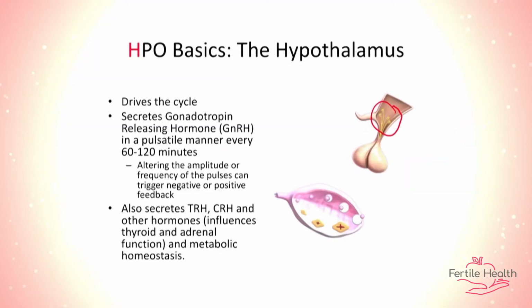The other thing about the hypothalamus is it's very important in other bodily functions, particularly in maintaining your metabolism, maintaining your temperature. It secretes other hormones called TRH, thyrotropin-releasing hormone, and CRH, corticotropin-releasing hormone. These hormones are usually secreted in order to maintain body homeostasis. They're incredibly important for the survival of the body and for the fight or flight response. And as you'll see when we discuss the GnRH a little bit more in detail,